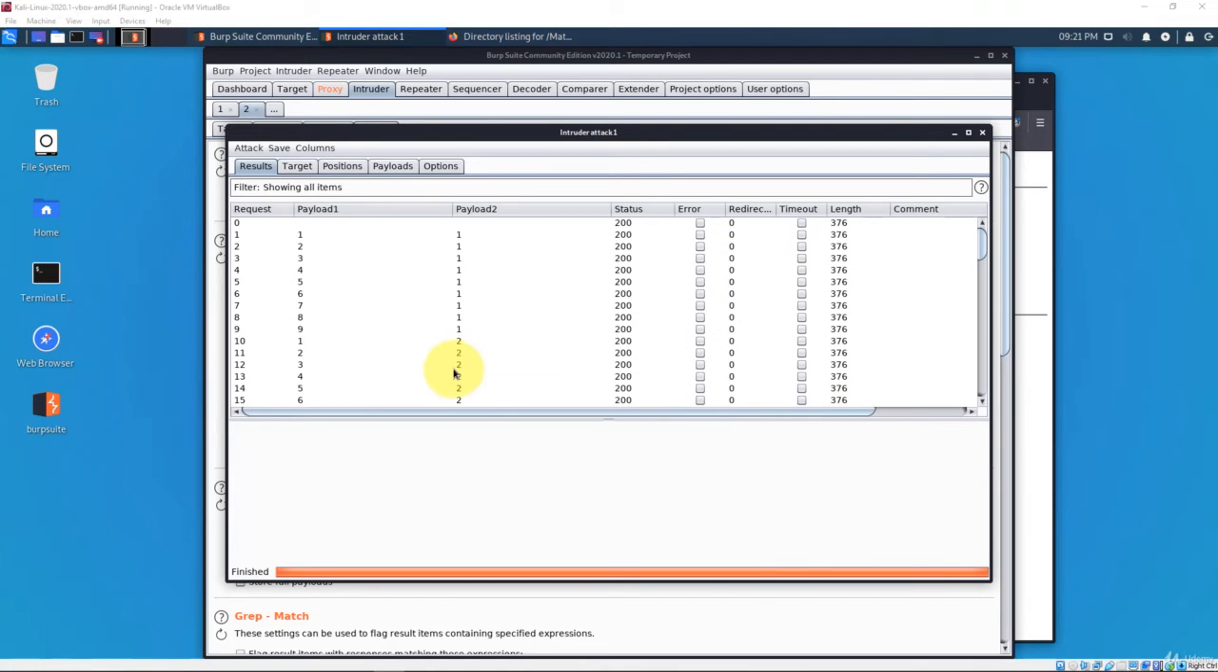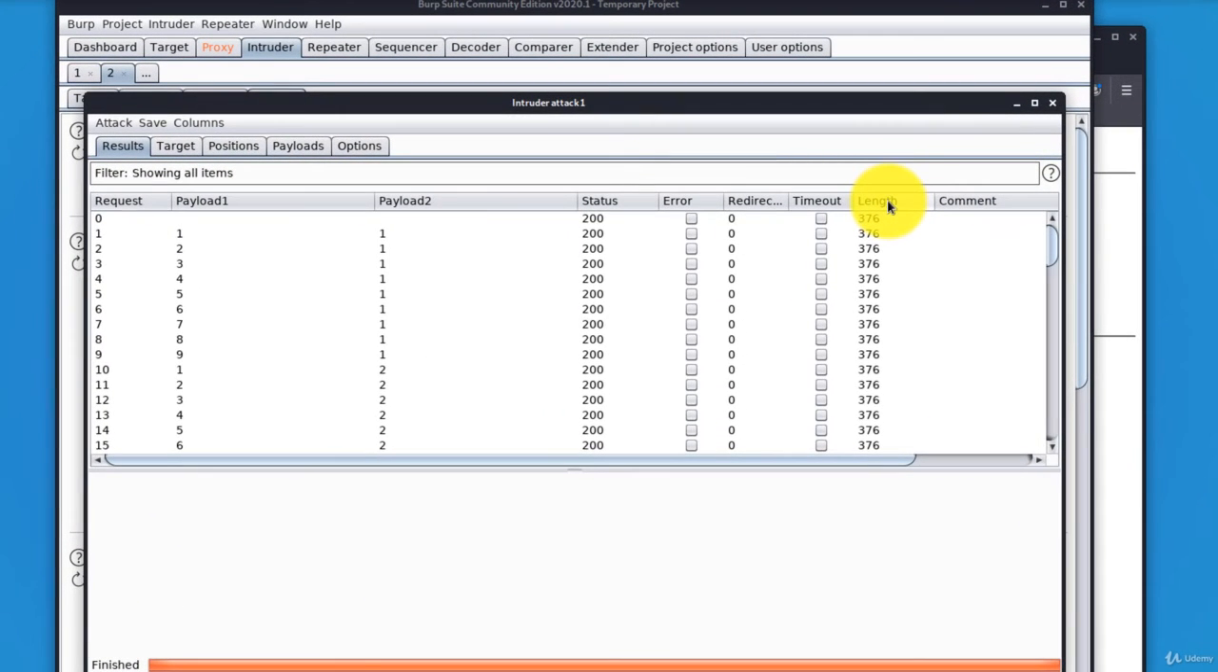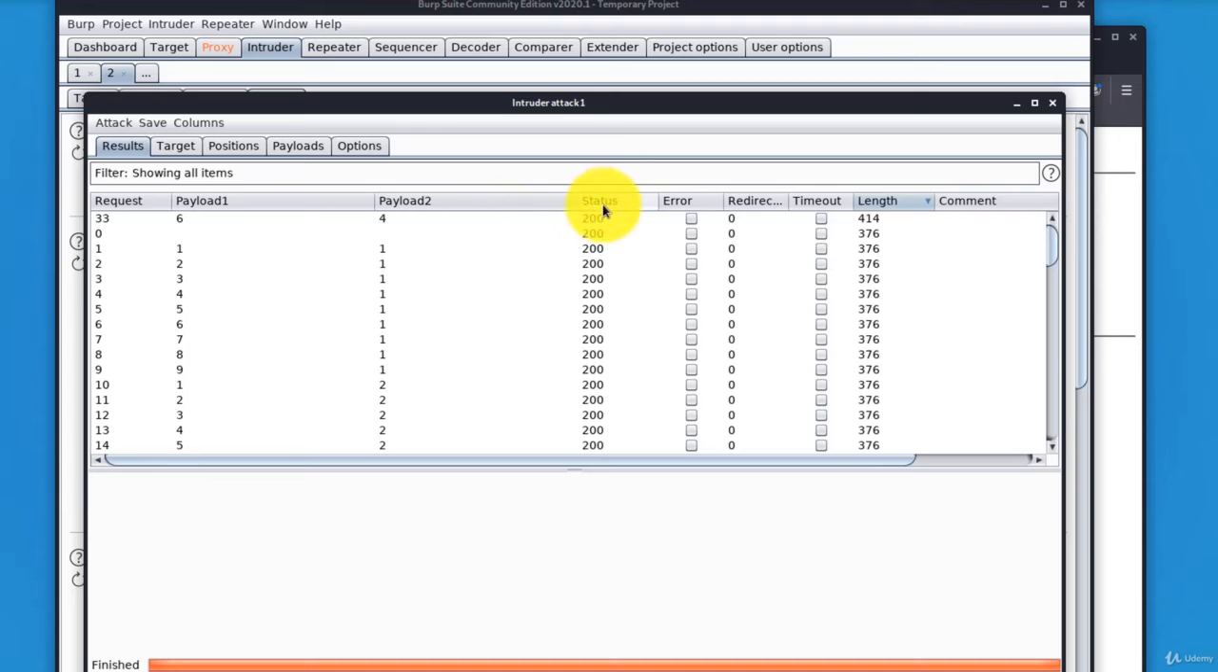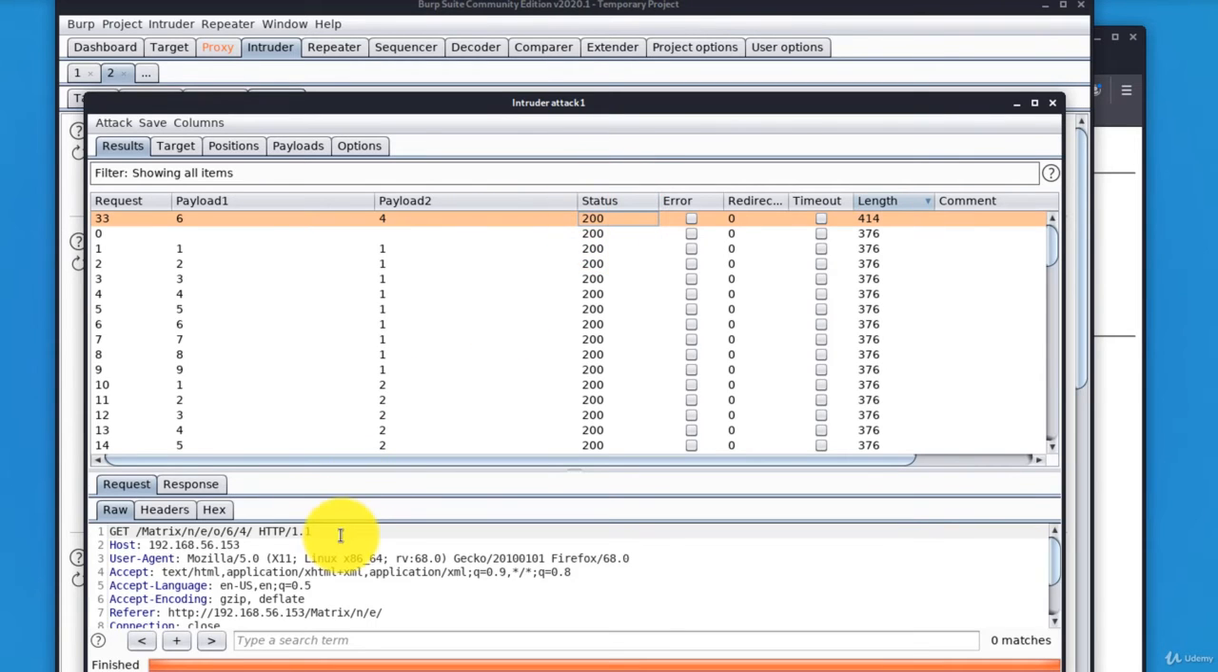Okay, so once that's done, we're going to sort it by length. That's going to sort it by the content length of the response from the web server. So as you can see here, we have one request, which is the 33rd request, that has a different content length than every other response from the web server. So this could be our way in. We have